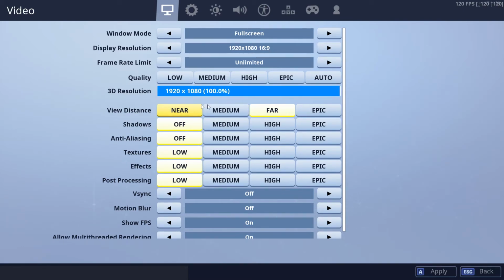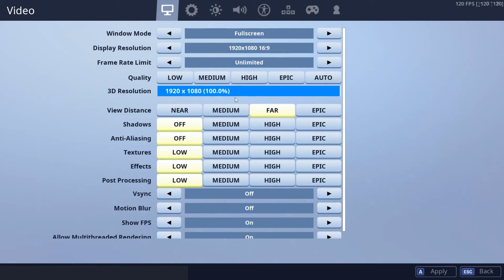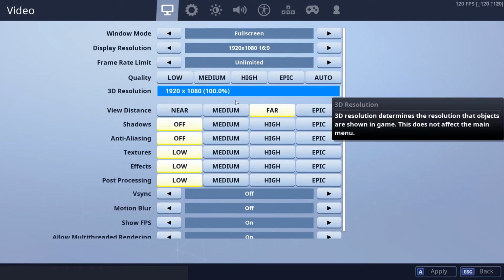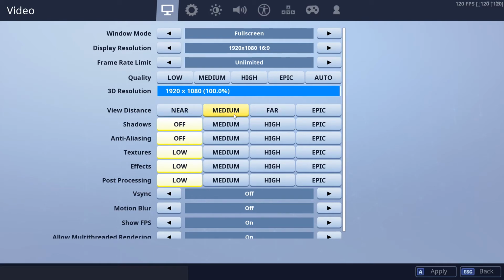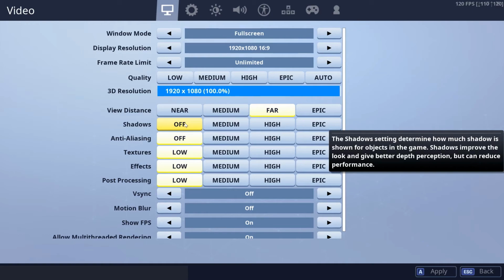And then for view distance, this honestly depends on your specs, but you can have this on Epic, but I have this on FAR. This is what most people actually use. This doesn't affect how you see players. This only affects how renderings of buildings come into view. So you could actually have this on medium if you really wanted to see even more frames, but I have it set to FAR. And then you want shadows off,